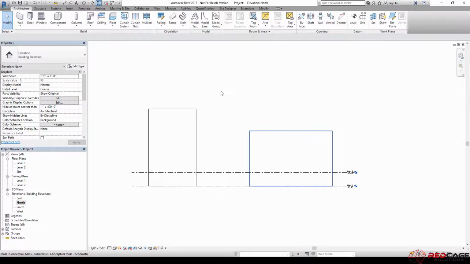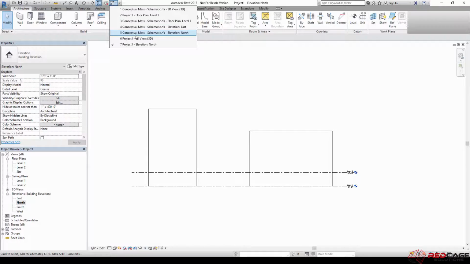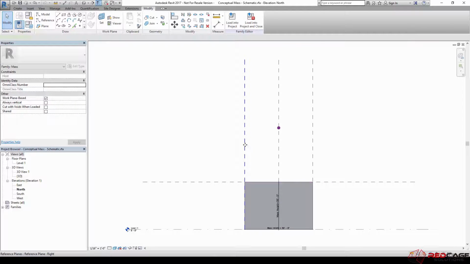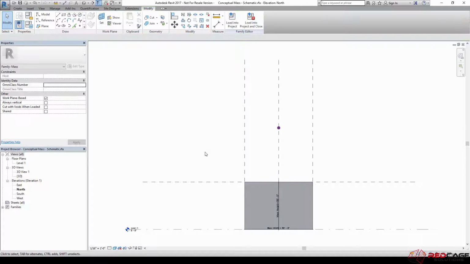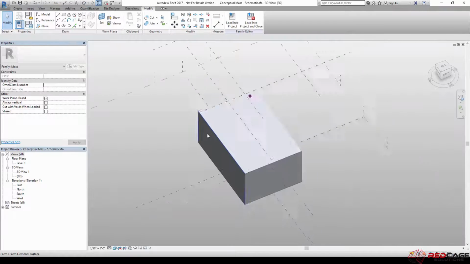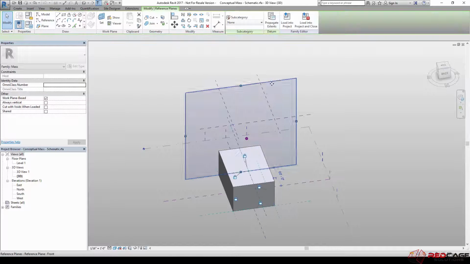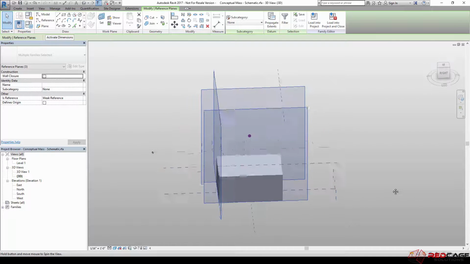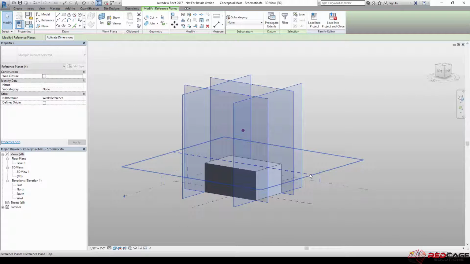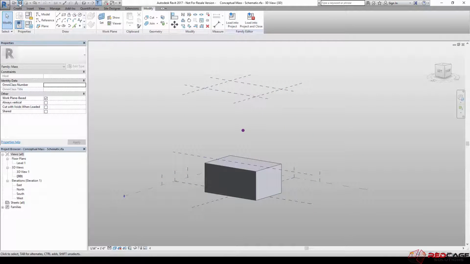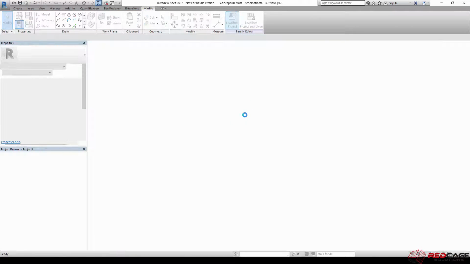Okay, so I'm going to flip back over here to that mass family, and I'm going to select these reference planes that you see here. They're saying that these are weak reference planes. So all the user created reference planes that I've got in here, that would be this one, this one, this one, and this one. And then there's a top in there as well, which I think is this one here. So grabbing all 5 of those reference planes, I'm going to change where it says Is Reference from weak to strong. Okay, so now I'll save that change, and then when I load this back into my project,